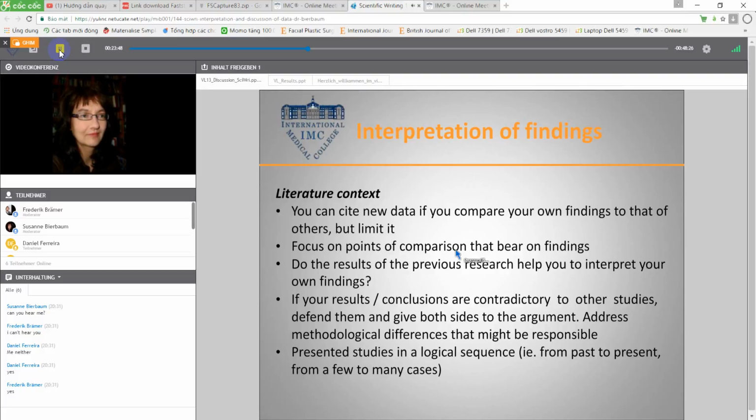Also consider the results of previous research. Can they help you interpret your own findings? Can they help you figure out how your results can answer the question, or what important things you might have to consider? If you find contradictions, others don't agree with you, measured something different or concluded something different, address this. That's a point of a good discussion, to also take opinions which may not completely agree with you